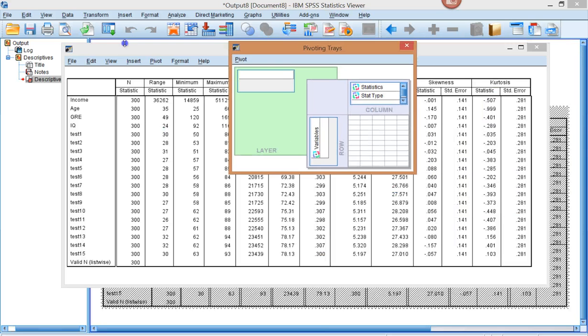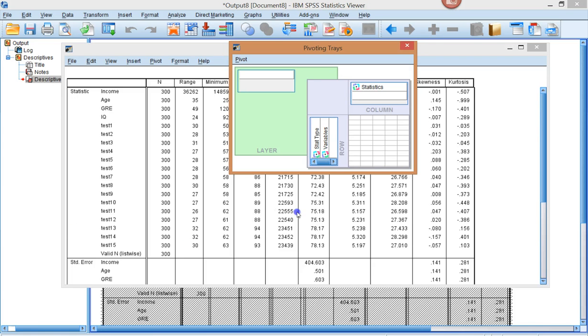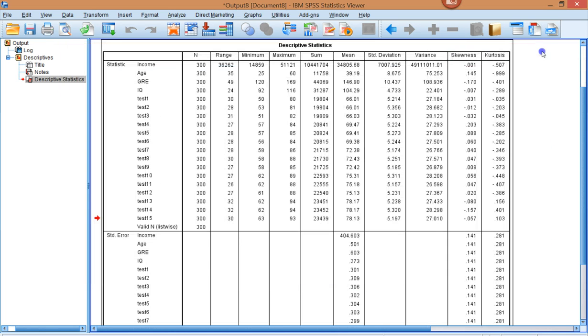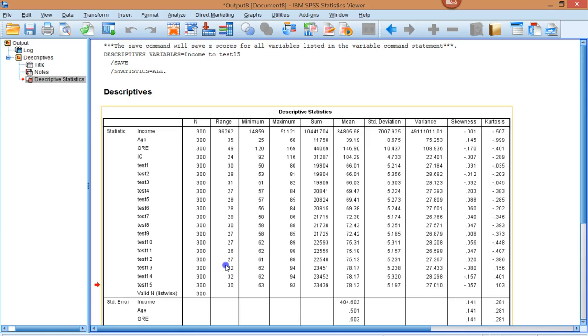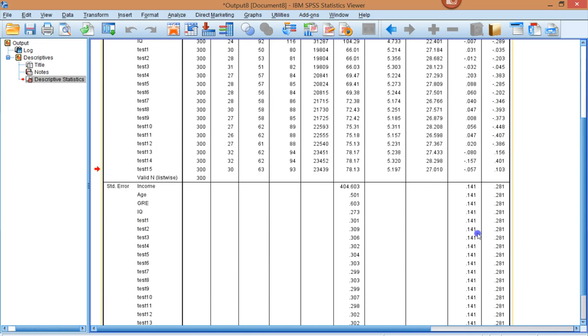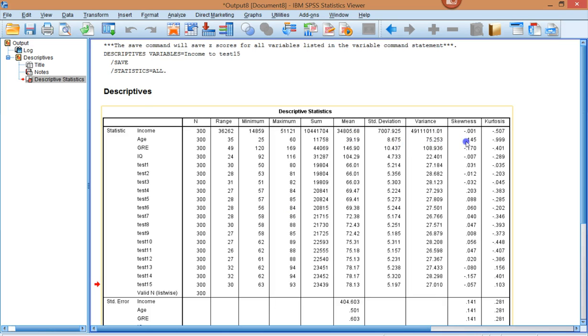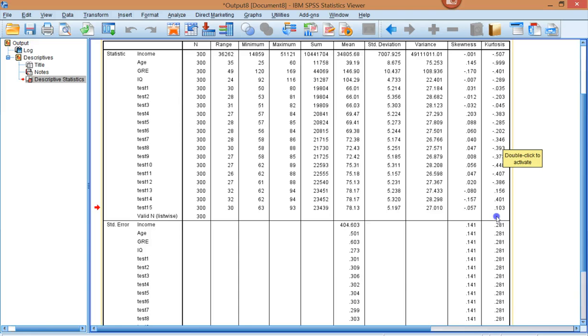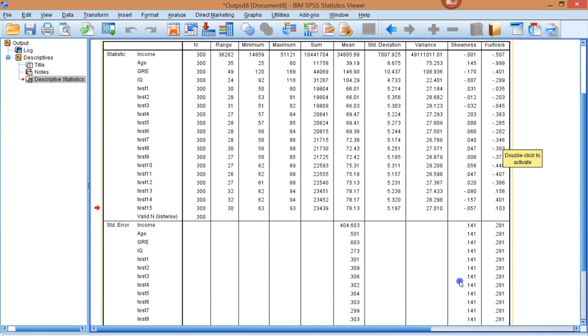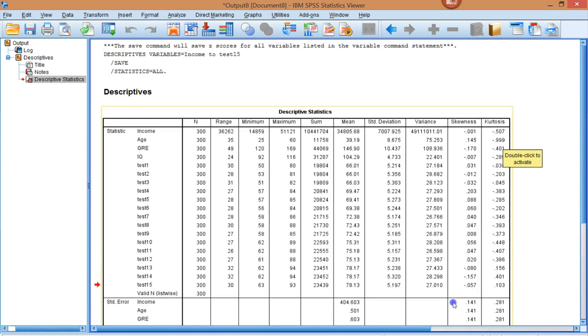And the pivoting trays allow you to move the table around in a way that you might find easier for whatever way you want to set it up on your data set. So for example, here I have the variables still, but I have moved the standard errors down here to their own row, so that here I just have the mean, standard deviation, variance, skewness, and kurtosis. And if I am needing the standard error, for example, to divide the skewness by the standard error of the skewness, it's immediately under it instead of next to it. So that's just one of the ways that you can